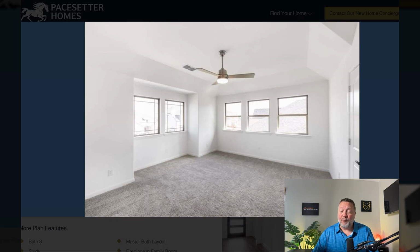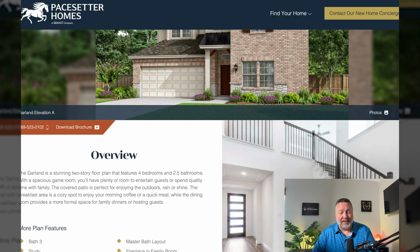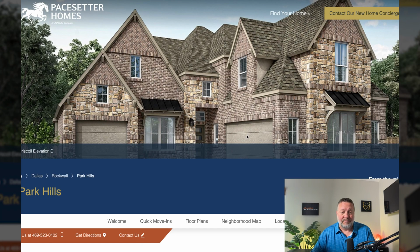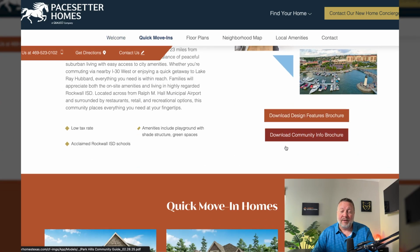Now remember, you can go farther out, and the further out you get from Dallas, the less you're going to pay, right? So if you're like, oh, well, this house is just too $493. I mean, I want more of a house. Let's go out to Royce City. You'll be really impressed with what you can get out in Royce City. But if those people want to be in Rockwall,